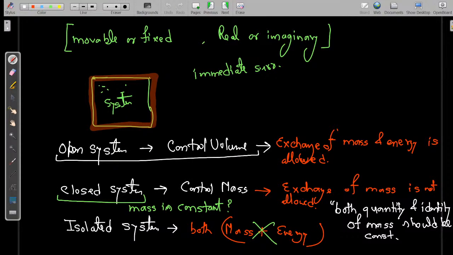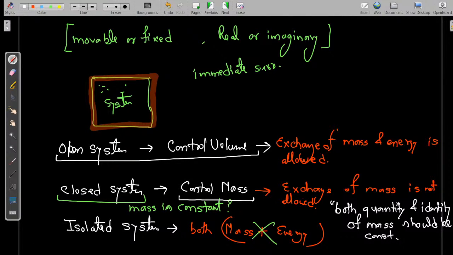On the other hand, when we talk about closed system, I have fixed the mass of the system. मैंने मास को फिक्स कर दिया, मास की क्वांटिटी और आइडेंटिटी को फिक्स कर दिया. दैट्स व्हाई वी कॉल क्लोज सिस्टम एज कंट्रोल मास सिस्टम. ओके,